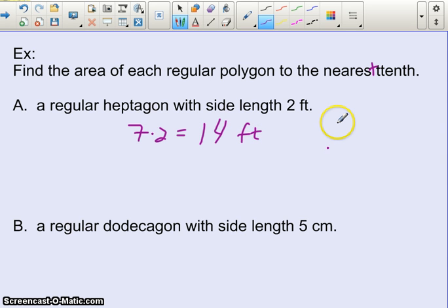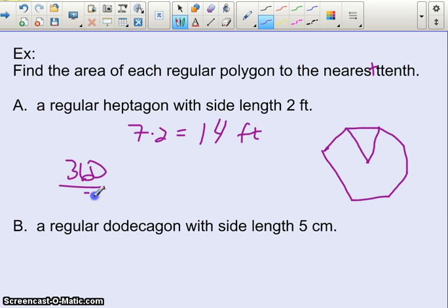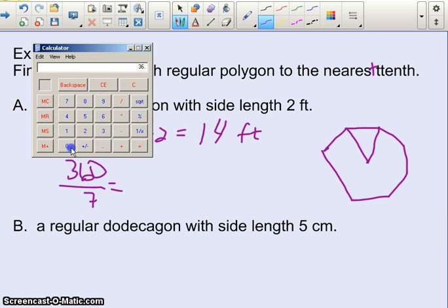Alright. Now for the apothem, we need to figure out what one of these central angles are. So we're going to have 360 divided by the number of sides, 7, and that's going to come out to be